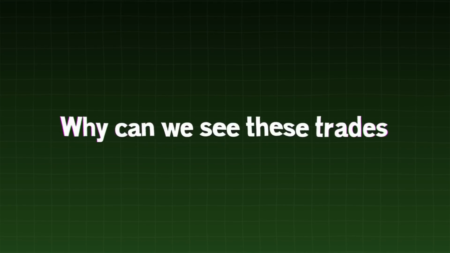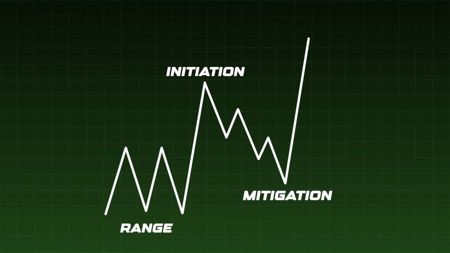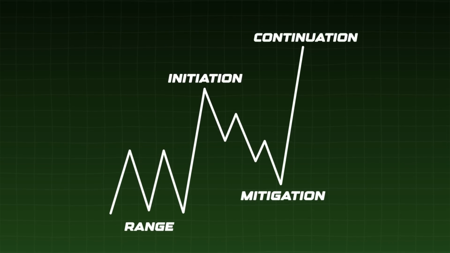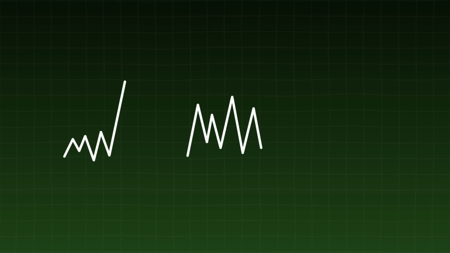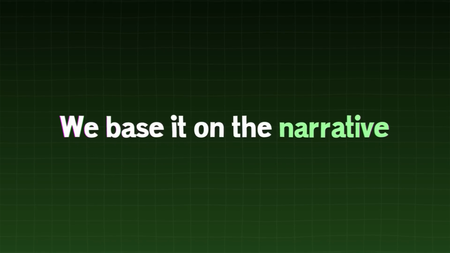What is it? Why can we see these trades playing out time and time again? Well, let's take it back to our 4 concepts: range, initiation, mitigation, continuation. These are phases of the market. When we understand the phase that we're in, we can play that next phase to our advantage. We don't assume we're going to be correct. We base it on the narrative